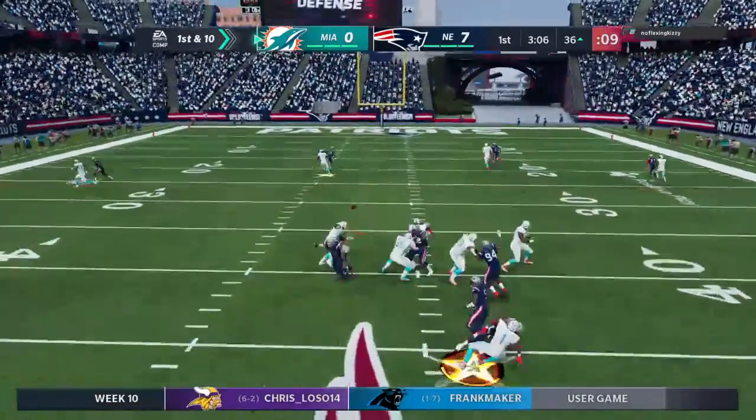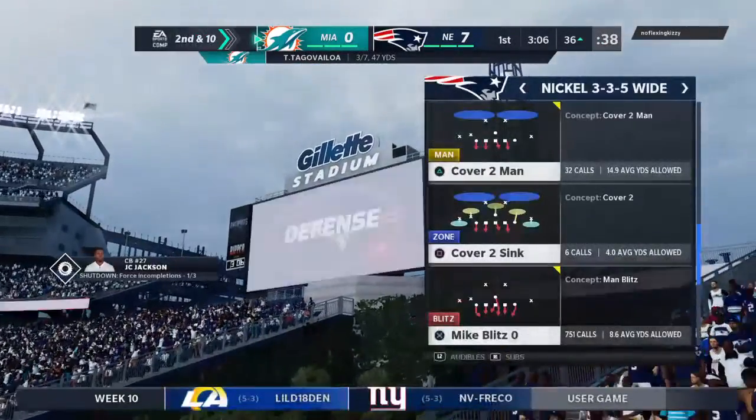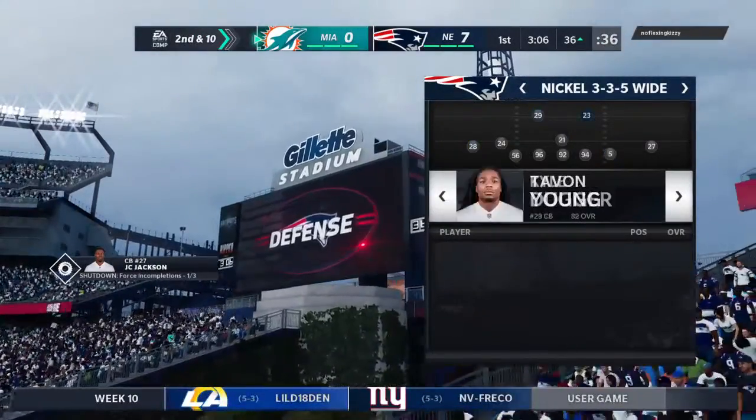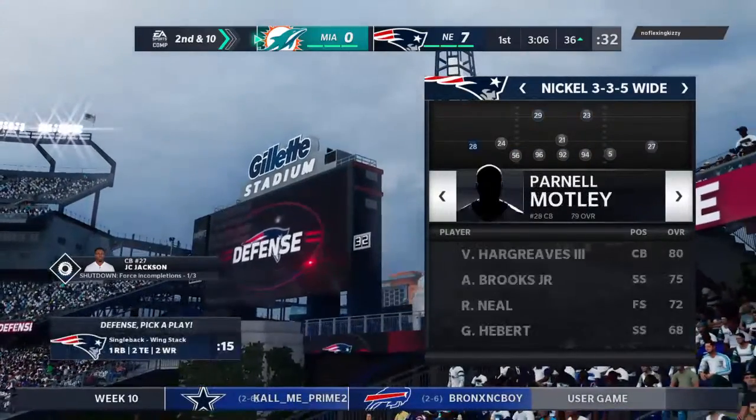Tua to throw again. And incomplete as he was knocked as he threw it, and it took the ball off course. It certainly appears that they're going to try and keep getting him the football. It's the 3rd time they've looked at